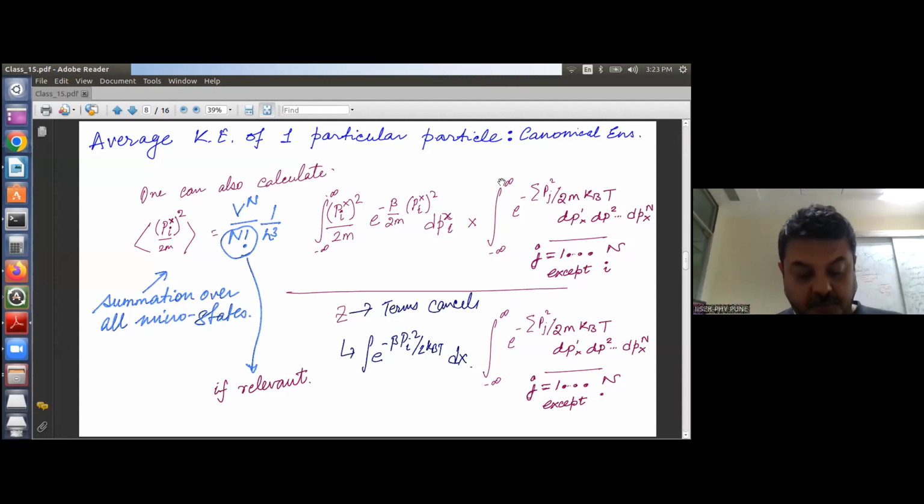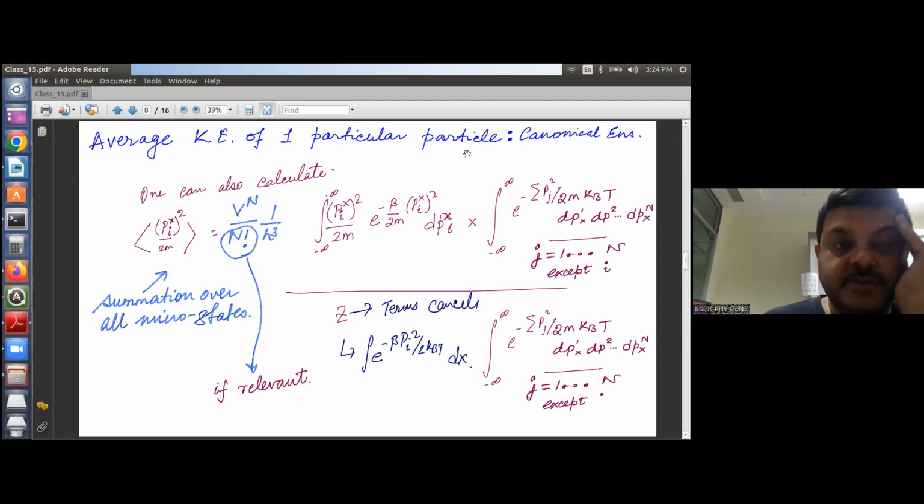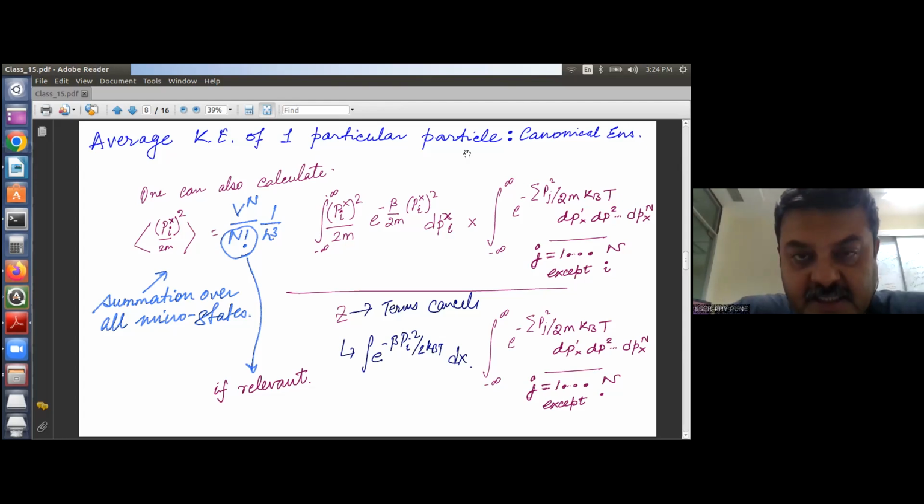Okay, so we continue in class 16 with the calculation of the average kinetic energy of a particular particle of an ideal gas. The average kinetic energy of a particular particle in an ideal gas is also the average energy of the system, because in an ideal gas there is no potential energy. As a consequence,